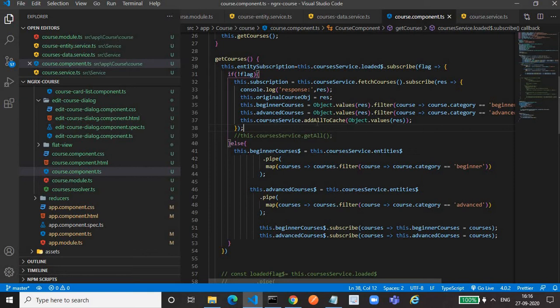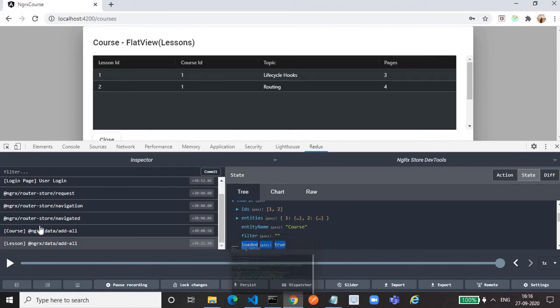Once you write this function, addAllToCache, it will trigger the action addAll. This is used for populating our courses entity. This action we have not written anywhere. It is being created and handled by NgRx data itself. We have just written the correct function.